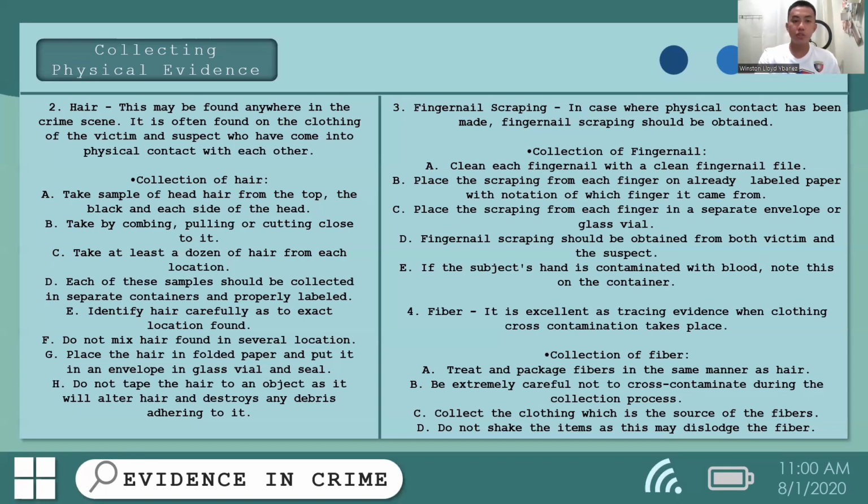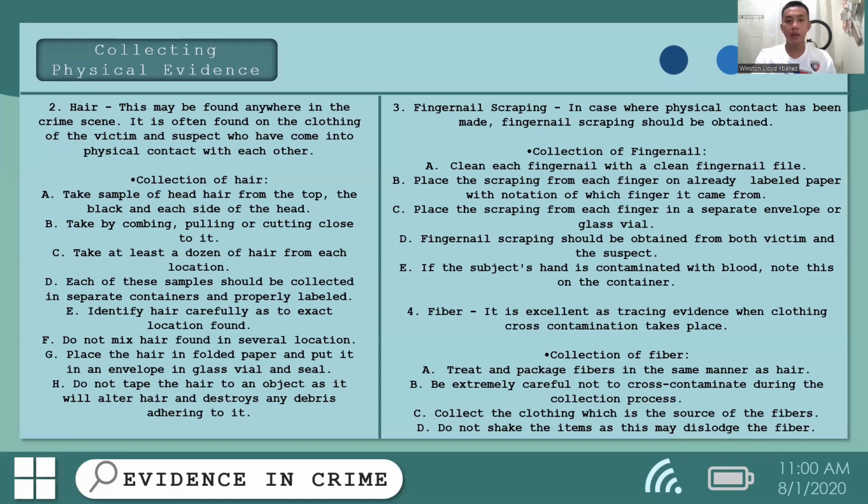Each of the samples should be collected in a separate container and properly labeled. E. Identify the hair carefully as to the exact location found. F. Do not mix hair found in several locations. G. Place the hair in folded paper, put it in an envelope or glass vial, and seal. And lastly, H. Do not tape the hair to an object as it will alter the hair and destroy any debris